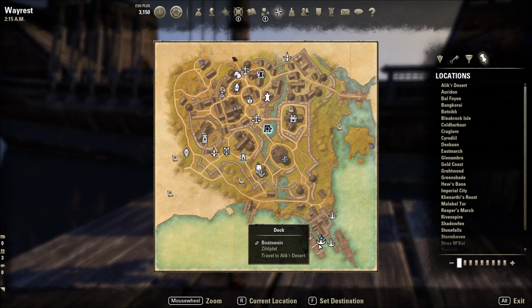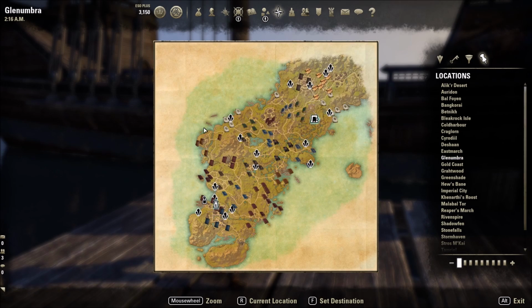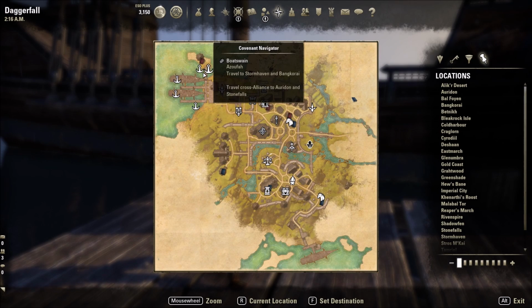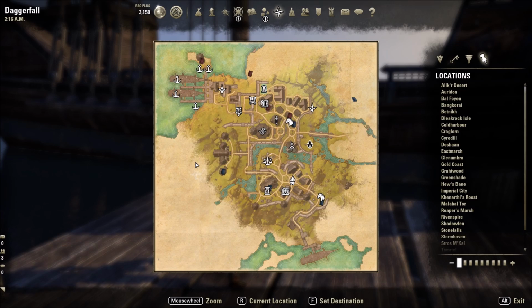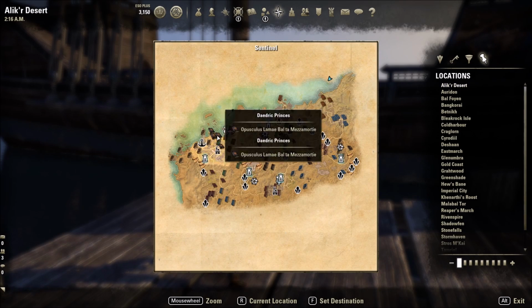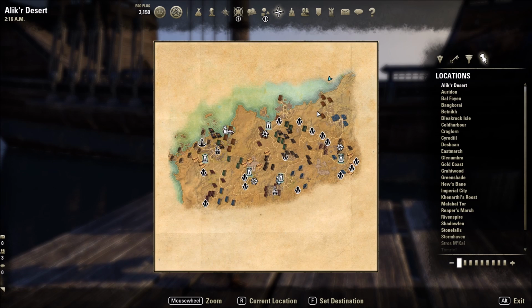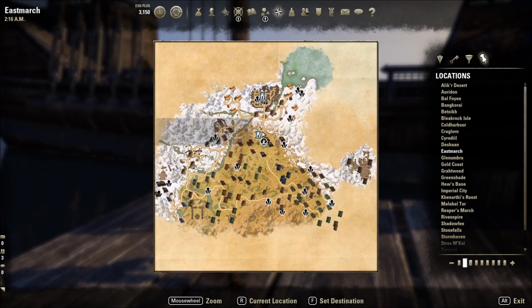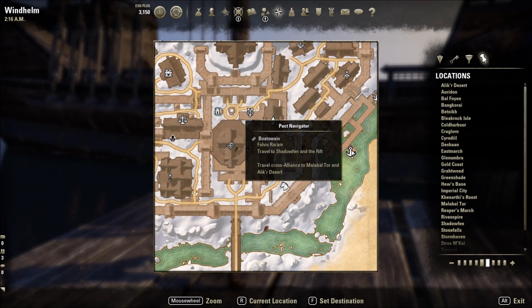For example, in Stormhaven, in Wayrest, you can get a boat straight to Alik'r, and then you can find your way to the dolmens. However, an alternative is to perhaps start in Glenumbra and take the boat to Stormhaven and then to Alik'r. Though if you're not from that faction, I would recommend highlighting over the boatswain icon in Alik'r to find out whereabouts you need to go, and just very quickly to highlight, pretty much the best ways to get there is either from taking a boat to Glenumbra from the other capital cities' starting areas, such as within Stonefalls or within Auridon. Alternatively, you can also take it from Eastmarch, for example, in Windhelm, which will take you straight to Alik'r,